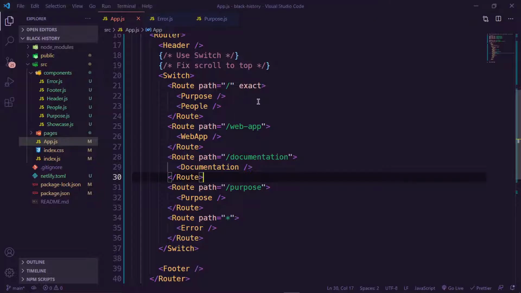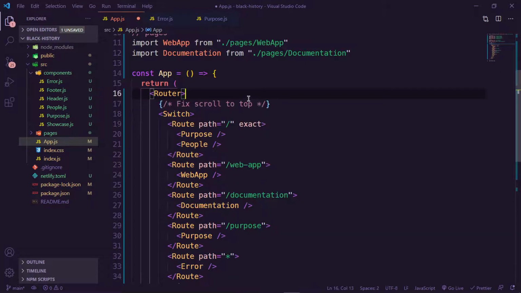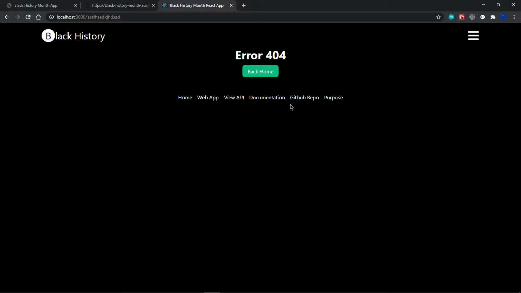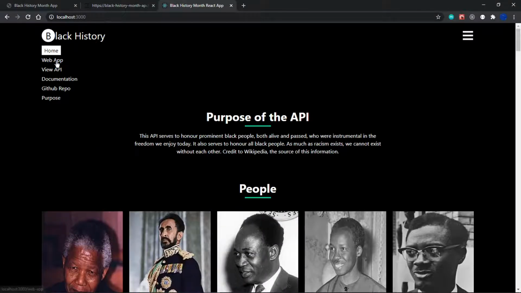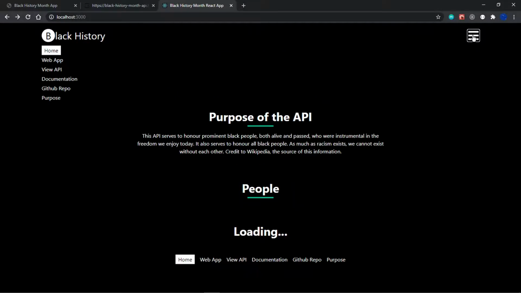Okay, so what is remaining now that we have switch here? What's remaining is the fix for scroll to top. Let me give you an example, because currently with the type of navigation that we have, we don't really see that error. Okay, so what I'm going to do is